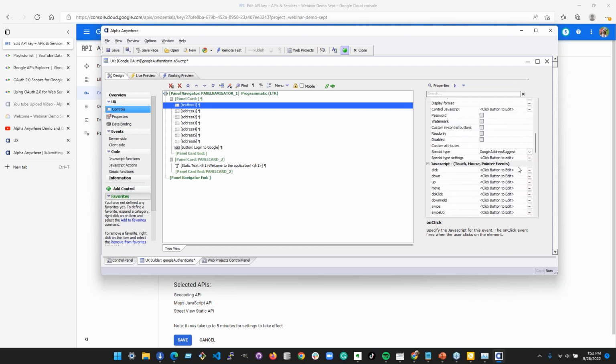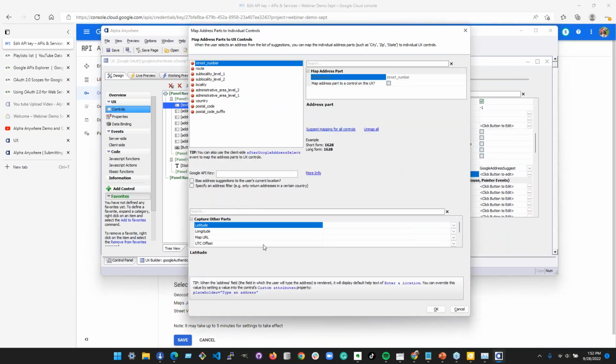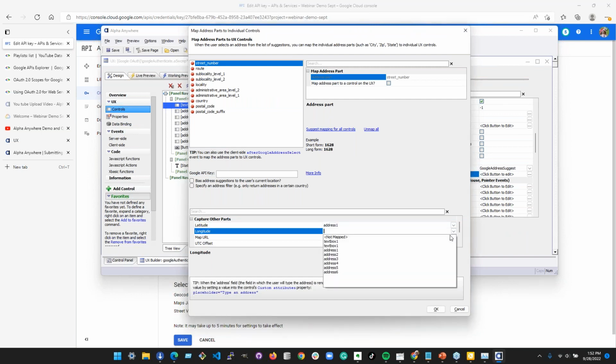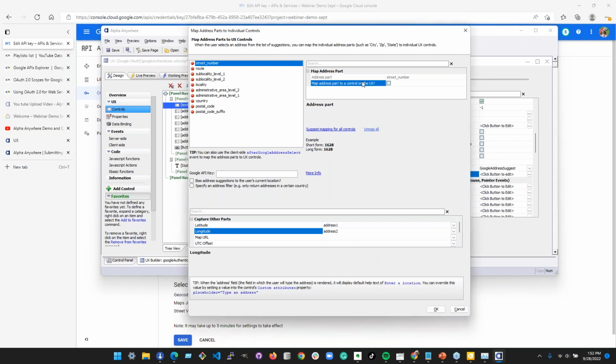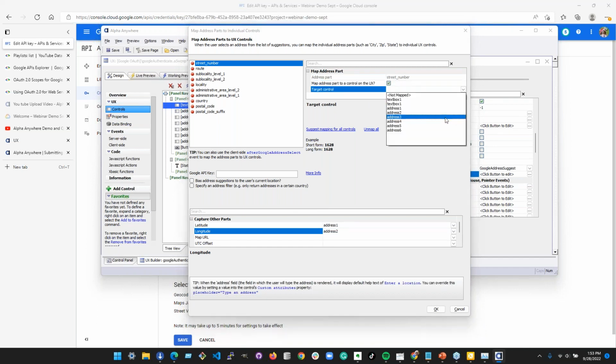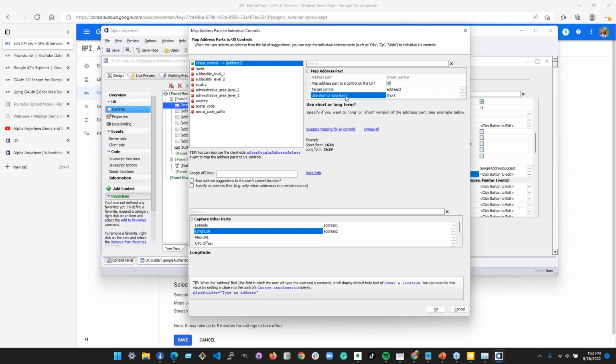I've lost the settings. There it is. There we go. So we could do like not text box 1. That's the one we're typing in. We could do address 1 for latitude and address 2 for longitude, and map parts to like 3. Short or long form? Short's fine.